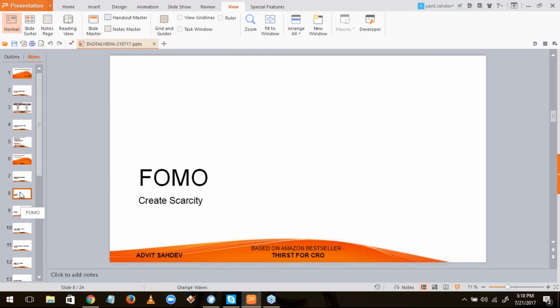Now, here in this case, it was a simple concept, and we took up this concept and we started using it on the page. After several iterations, the technique that really worked for fear of missing out was again a very simple one, which was, the sign up date was 3 days from the current date. Right? So it was a dynamic date that was placed on the page. So for example, if it's 21st of July 2017 right now, and if you go to the landing page, you would see that the last date for application is 24th July 2017,